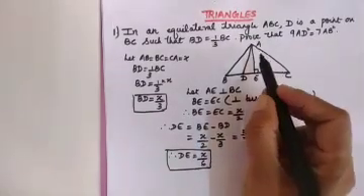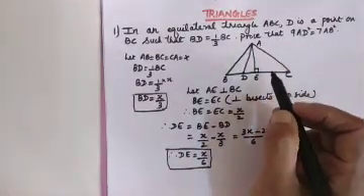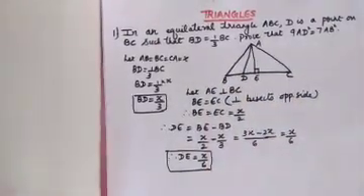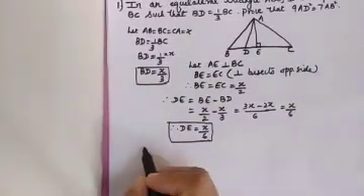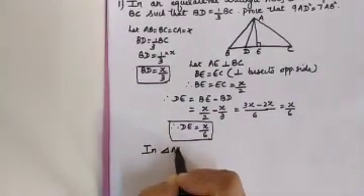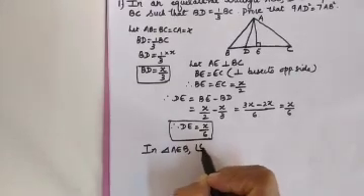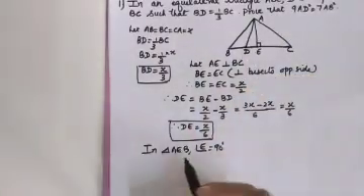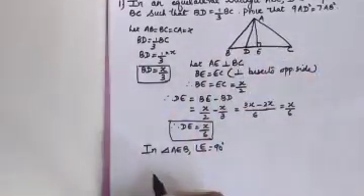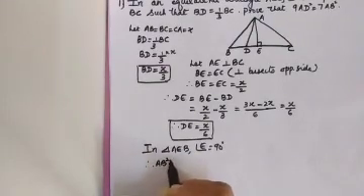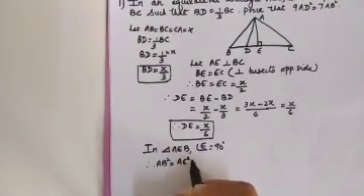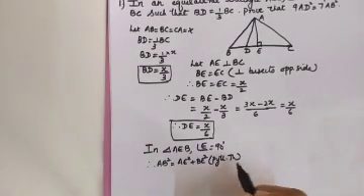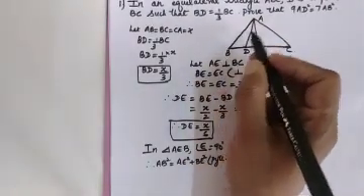Now you want AE. So to get AE, you will take the right triangle AEB. In triangle AEB, angle E is equal to 90 degrees. Since angle E is 90 degrees, you can use the Pythagoras theorem. In triangle AEB, with hypotenuse AB, AB squared is equal to AE squared plus BE squared. The reason is the Pythagoras theorem. AB is X, the side of the equilateral triangle.